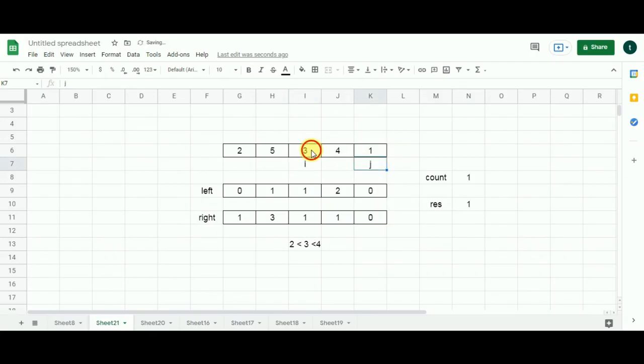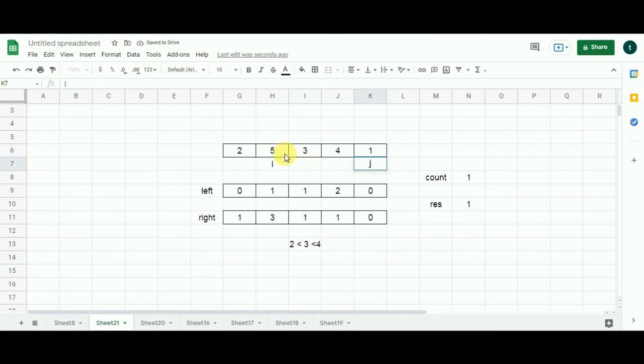Is 3 greater than 1? Yes, it is. But we have 0 over here, so 0 getting added to 1 is not going to make any difference. J moves one cell to the left. Here we have 4. Is 3 greater than 4? No. So nothing happens. Now I moves one cell to the left and j moves back to its base position.